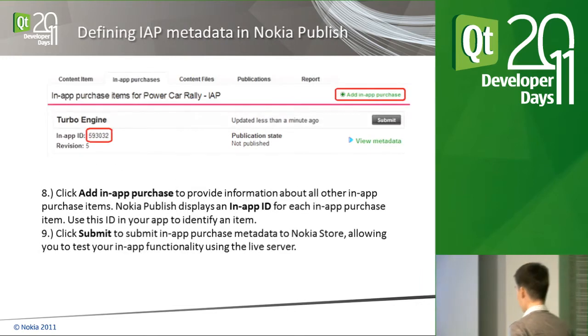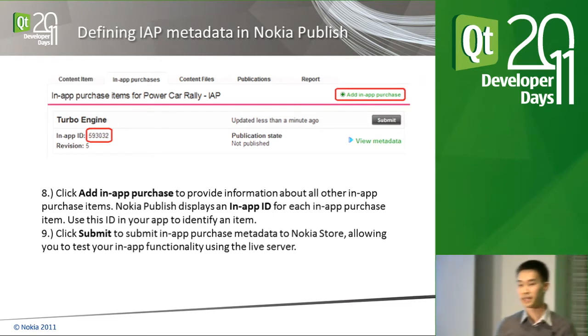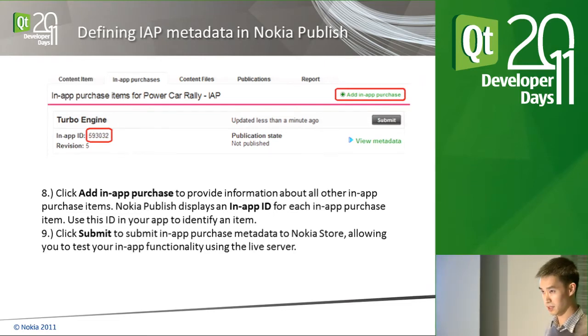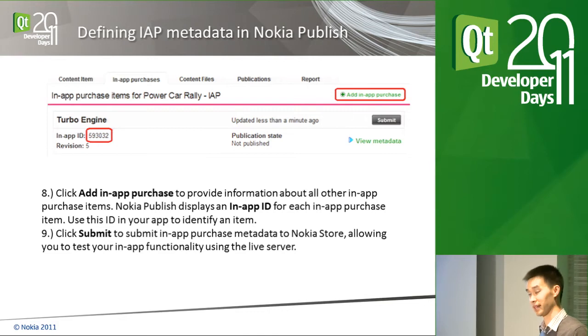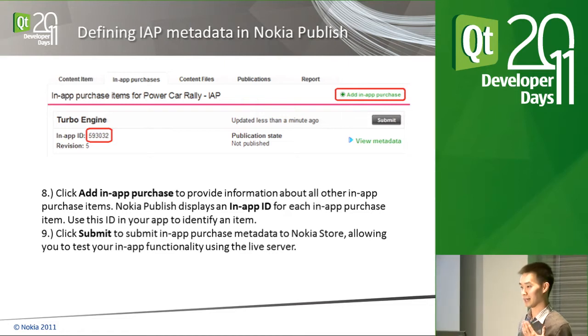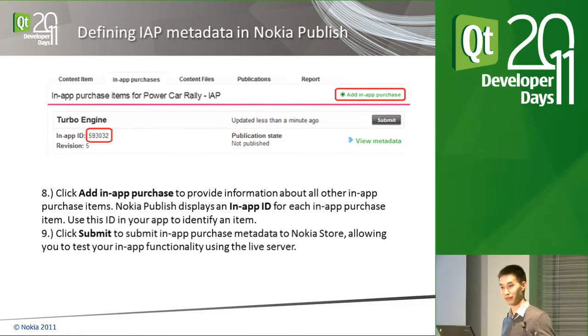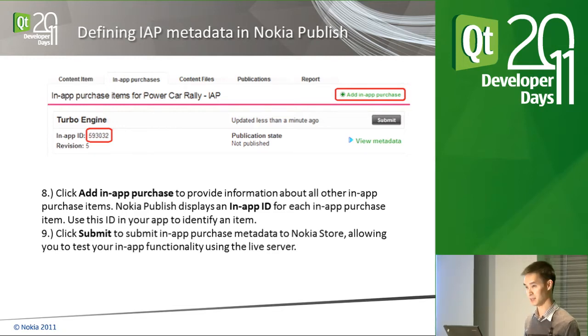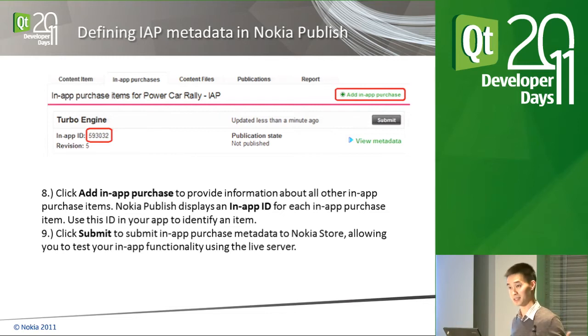Once you click on the Submit button here, the metadata that you've just defined will go into the moderation team. They will review the metadata to make sure that you haven't included any offensive words or anything like that. The turnaround time for that will be roughly 24 hours or so. It'll be a lot less in most cases, but it depends on what time of day you've submitted, for instance. So it will go through a round of moderation, and then once it passes,